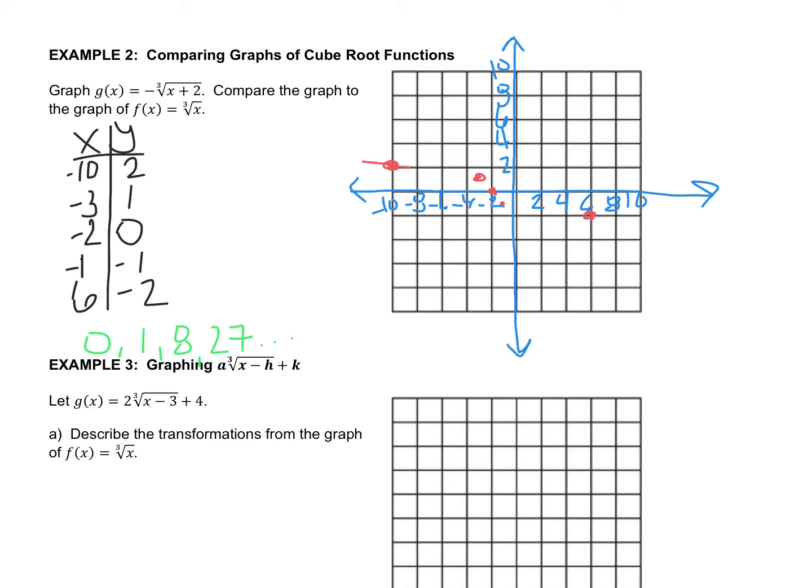And again, a nice smooth curve to show what g of x looks like. Okay, now compare that to the parent function. Well, a couple things happened on this one, right? So g of x got flipped, right, because it was going up the other way, and that's because of the negative number out front, and